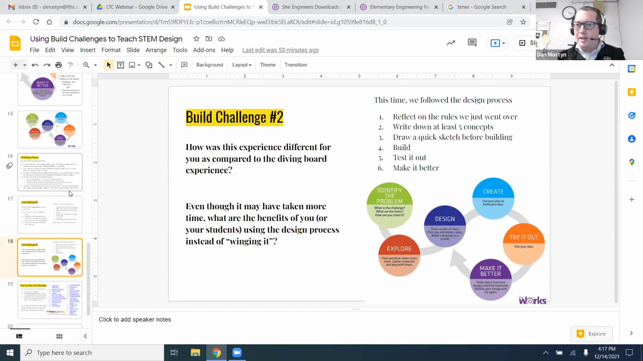Do you think it would be easier to build something like this if you just winged it? I think the process actually helped because I am visual. So, kind of thinking through planning, so designing,